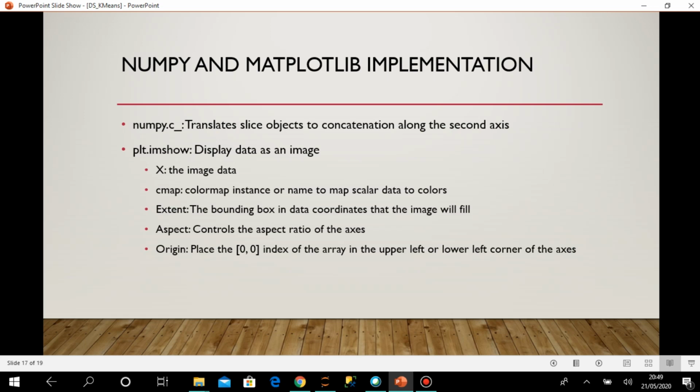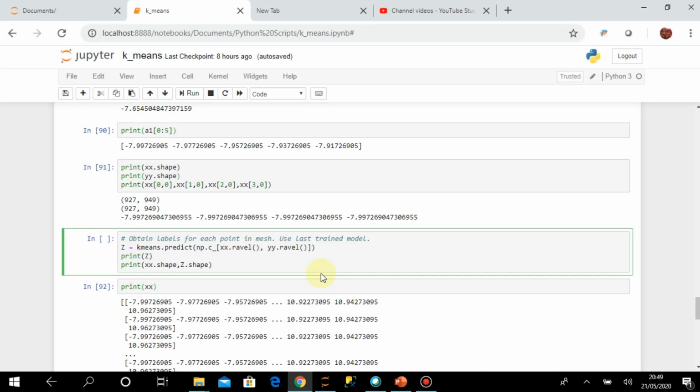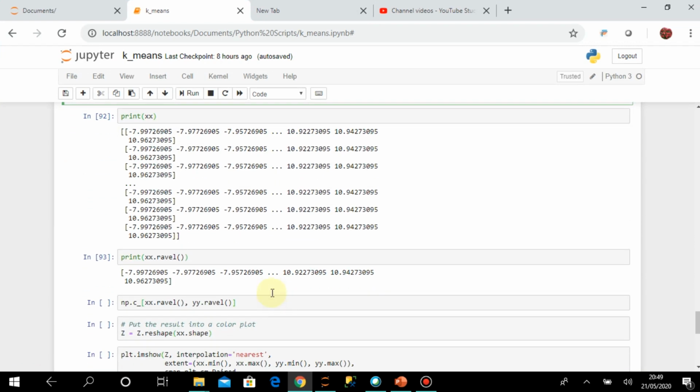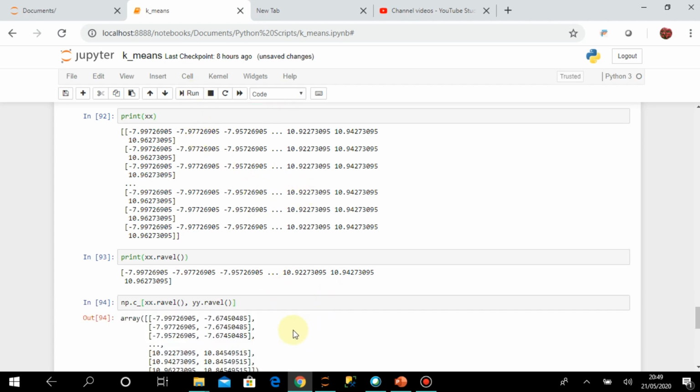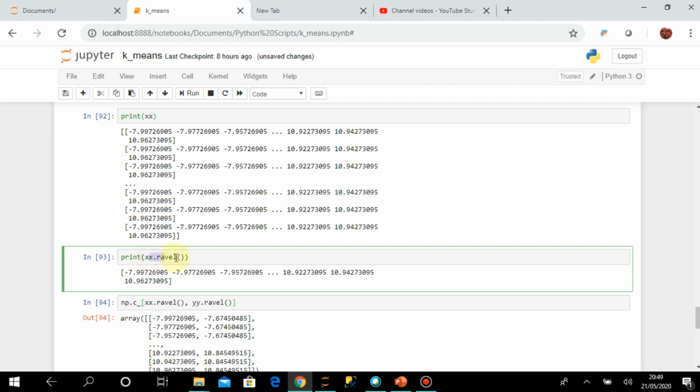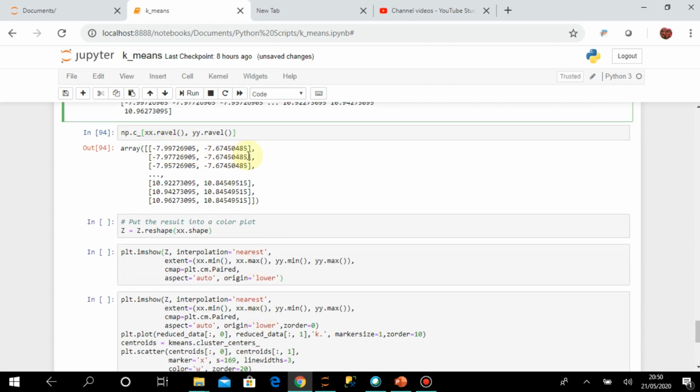Here we have sent two lists of values, so it will combine them and create a set of coordinates. If I print this, you can see xx.ravel returns a flat list of values, yy.ravel returns a flat list of values, and when I call np.c_, it gives you an array with the two values combined.